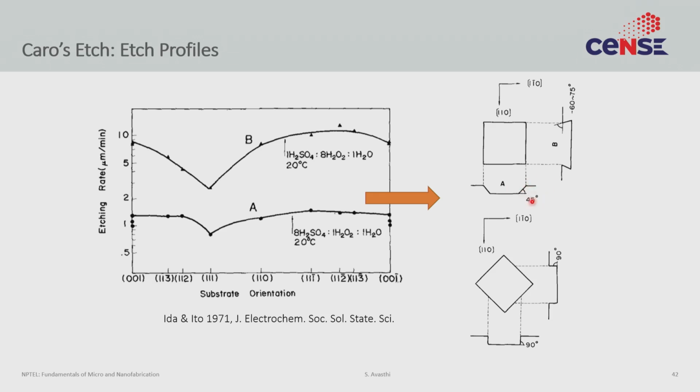Similarly, if you were to just take this square and turn it at a 45-degree angle, so now the masking pattern, the square, is not along these canonical directions, but at 45 degrees to them, then when you do the etching, you would actually get perfectly 90-degree side walls, right? So this looks like a perfect anisotropic etch, right? Perfect vertical 90-degree walls here, perfect vertical 90-degree walls here. And what you have done, you have not changed the etchant, you have not changed the etching solution, you have not changed the substrate. All you have done is change the orientation of the masking pattern that you are using to create the etch.